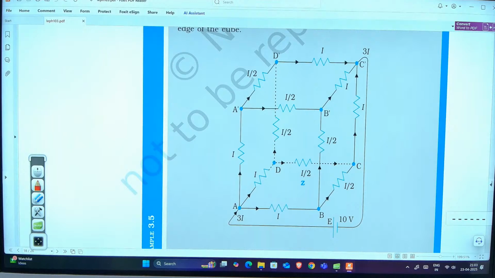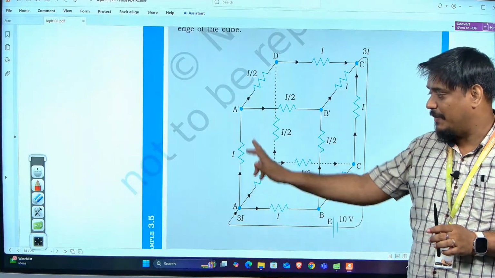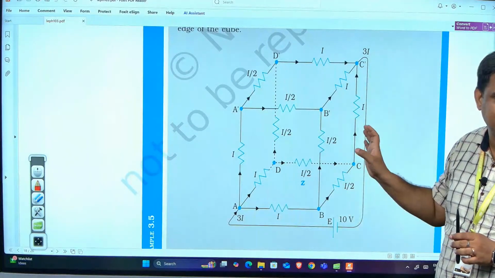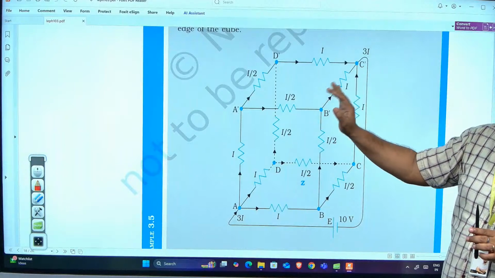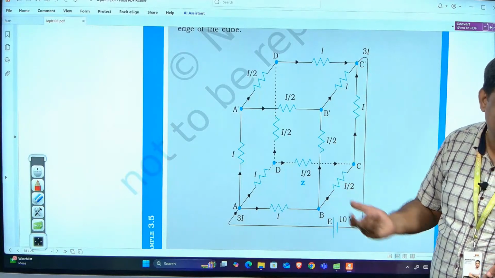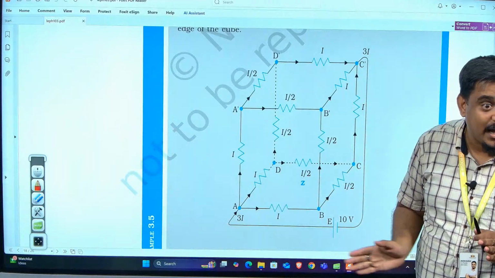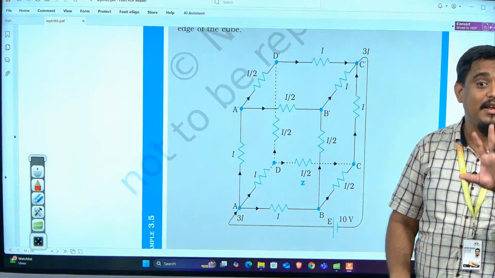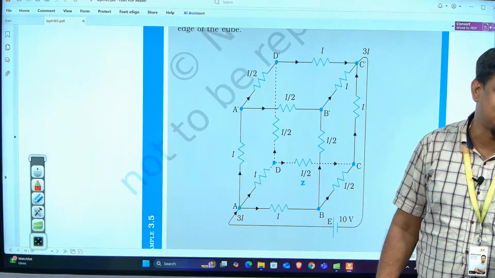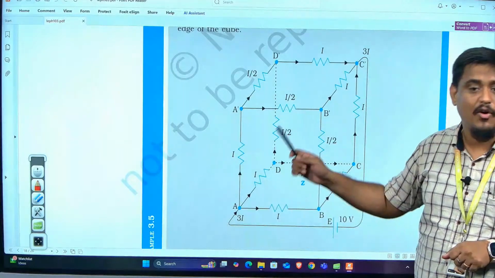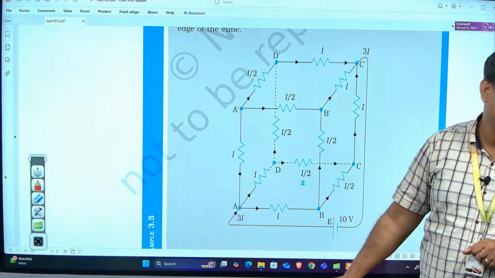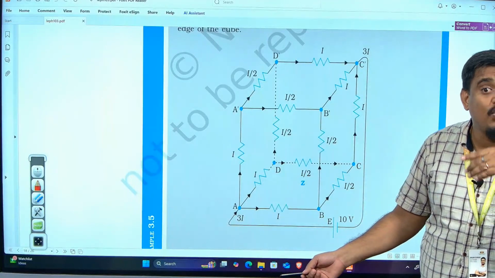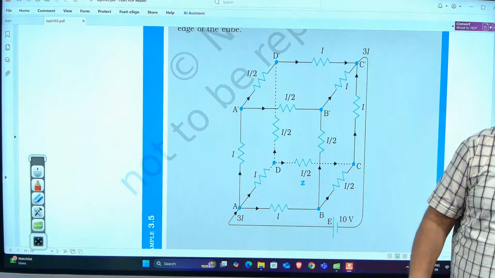It's very simple. If somebody would have taken I by 3, I by 3, I by 3, then I by 6, I by 6, I by 6, I by 6, I by 6, I by 6, once again I by 3, I by 3, I by 3, and at the end I only, because we have taken I. Got my point? It's completely your intelligence, your smartness, whether you take 3I here or I here. Again I am repeating, it's not a compulsion you should take 3I only. And in the exam, don't expect they will give 3I to you. They may give just I also.